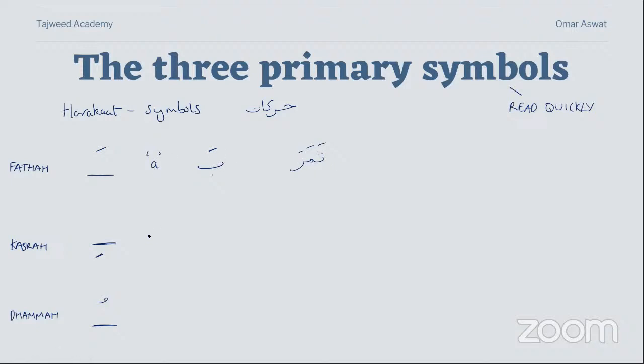The kasra found underneath a letter makes the e sound. Example, ba, kasra, bi. Again, I'll come back to the same point, which is read quickly. So we do not stretch. We do not say ba, kasra, bee, ta, kasra, tee, ta kasra thee, and so on. We don't stretch because that's something different. We say it quickly, ba kasra bi, ta kasra ti, ta kasra thi, and so on and so forth.